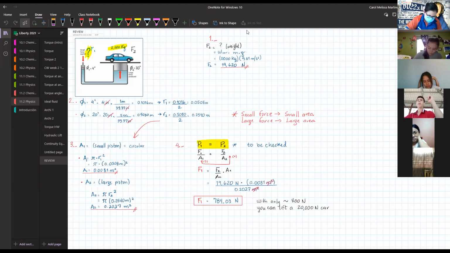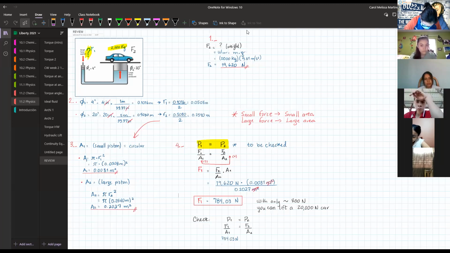Again, you say pressure 1 equals pressure 2. Just include now all the information you have. Force 1 divided by the area 1 must be equal to the force 2 divided by the area 2. Let's plug in the givens that we got,